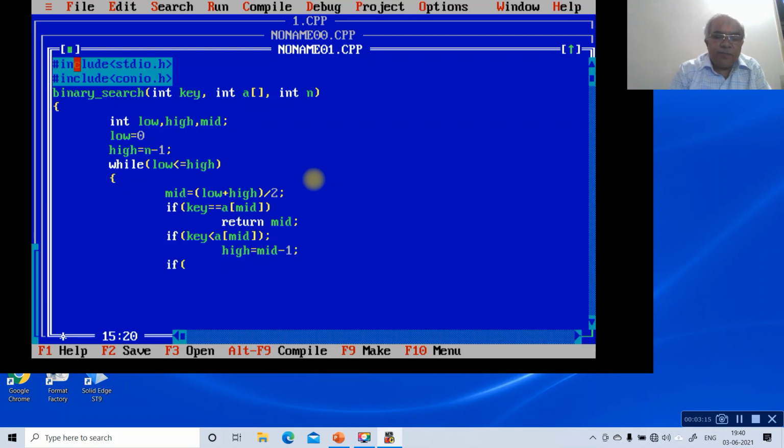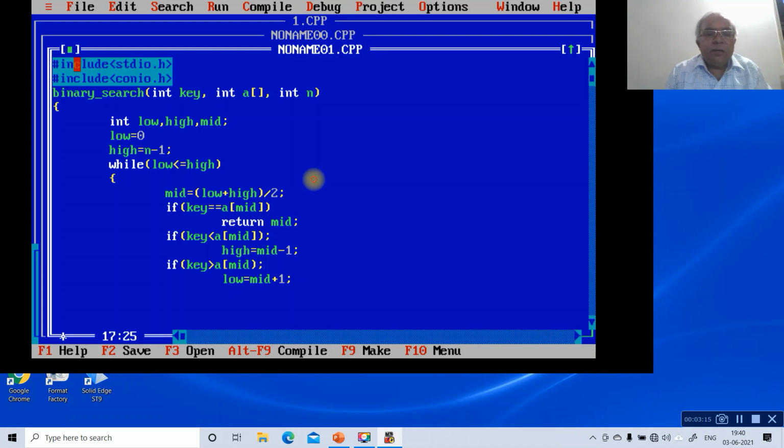Again if key is greater than a[mid], then the low value is going to change. Low will be equal to mid plus 1, that is to the right side of the midpoint.